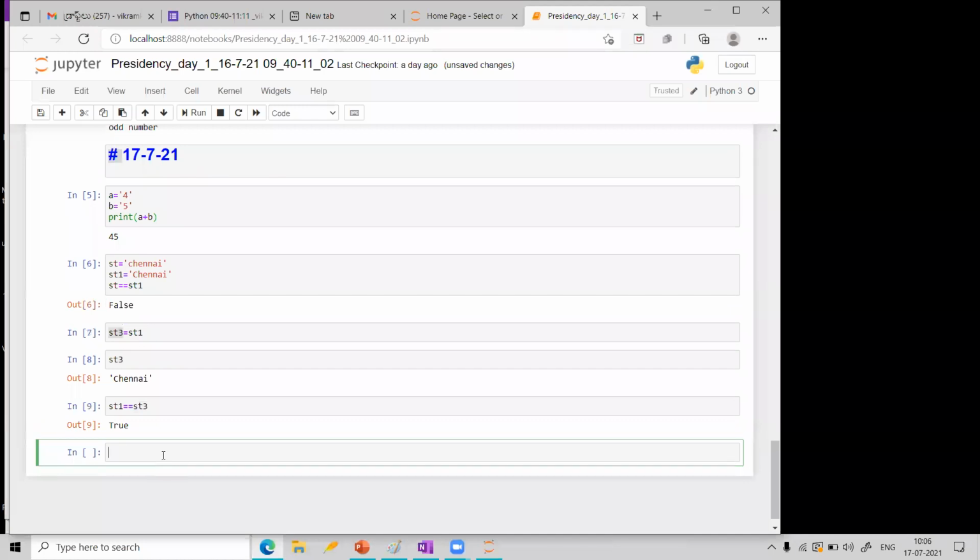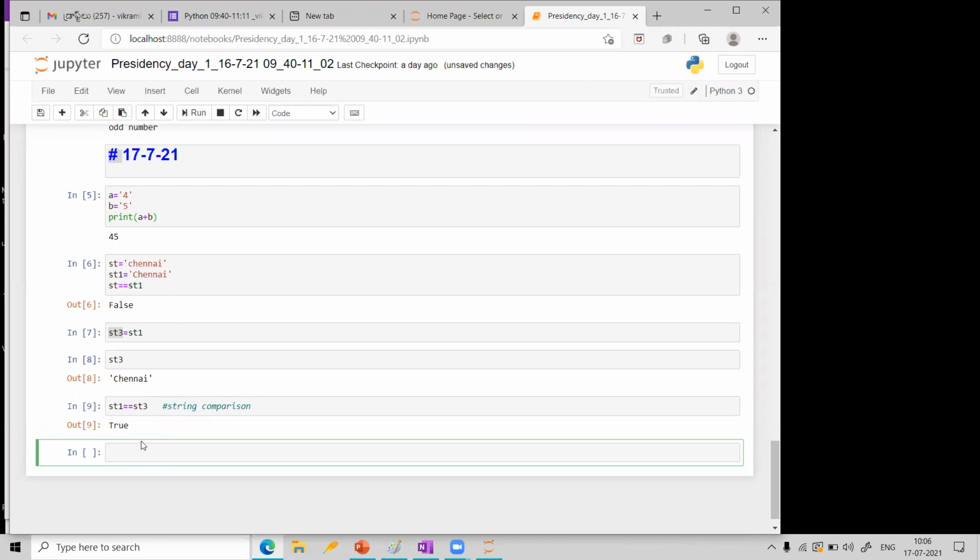Fine. So this is called string comparison. In an interview, when you go, they will ask what is string comparison. So you should know what the word means, and also you should know how to write that as a program or a command. So this is string comparison. Okay, right. So let us see some more things.